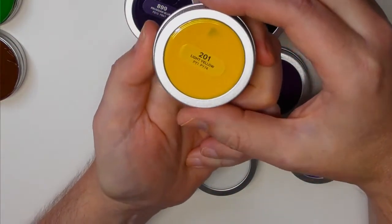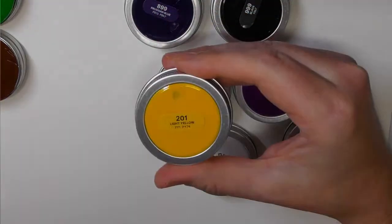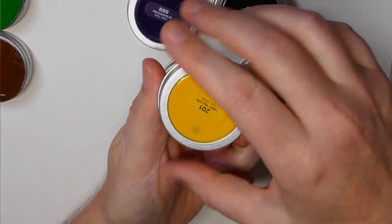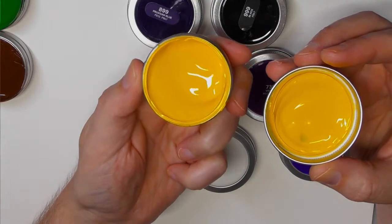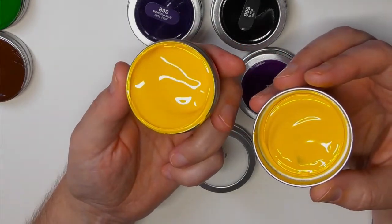Next up is this gorgeous light yellow. Look at that. I mean, these colours are gorgeous. And the thing is, because